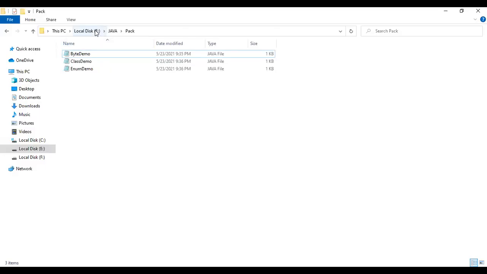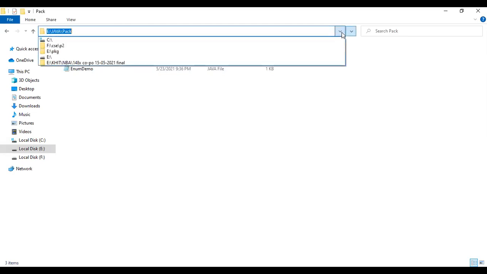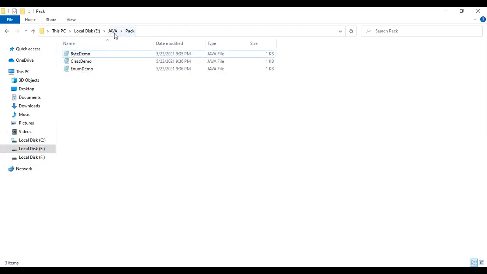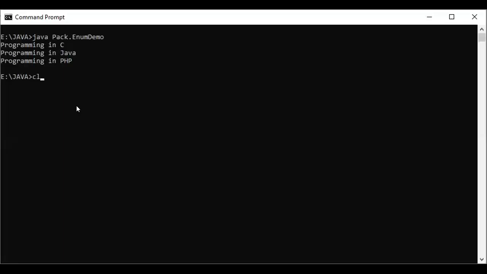So what is the path to my package? E directory, Java, and pack. In this computer, in the E directory and pack folder, these three programs are stored, and I'm going to execute this ByteDemo. Then, coming to the command prompt here,